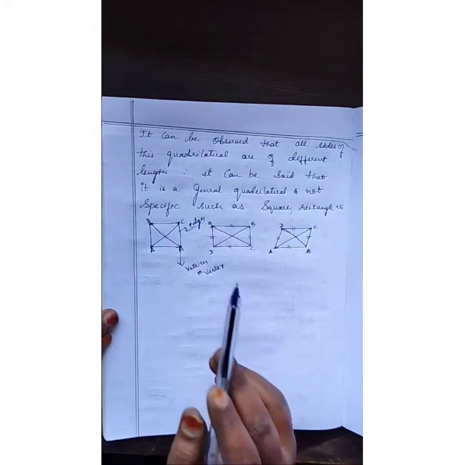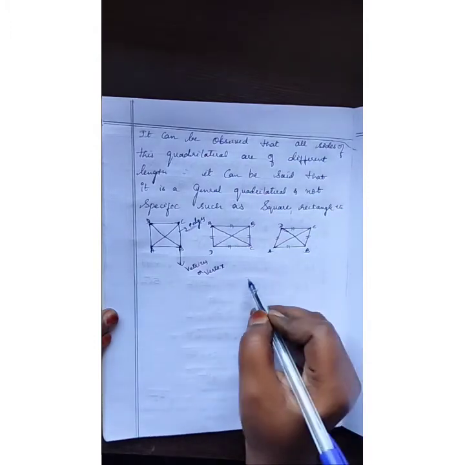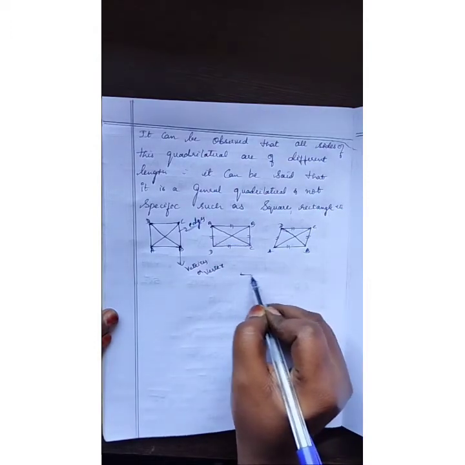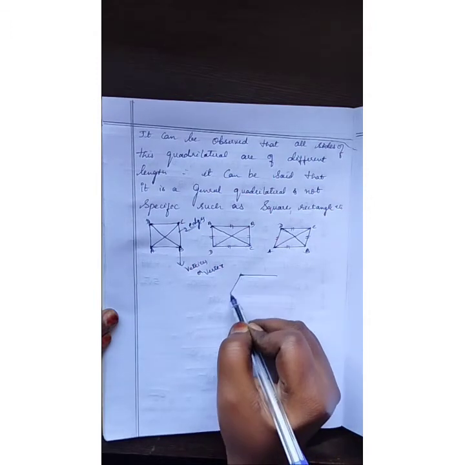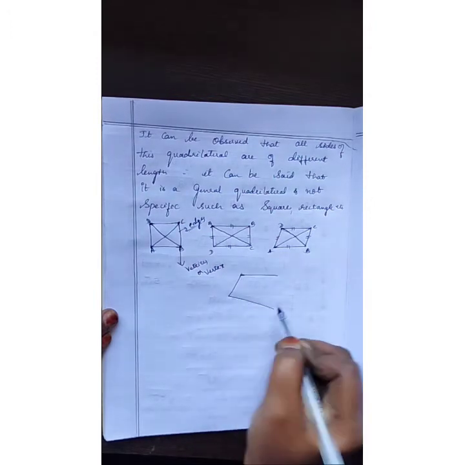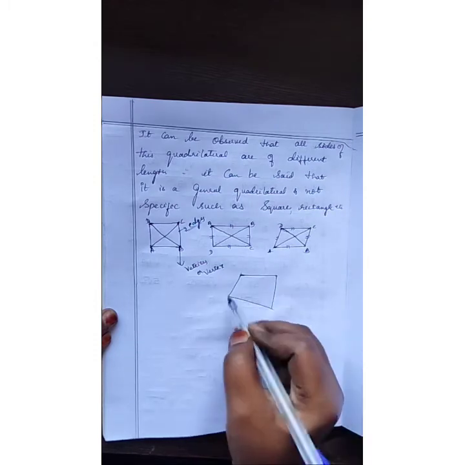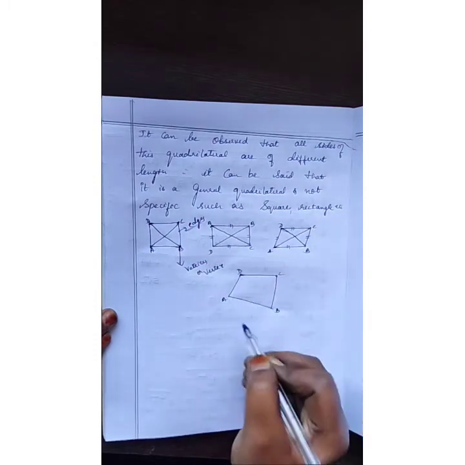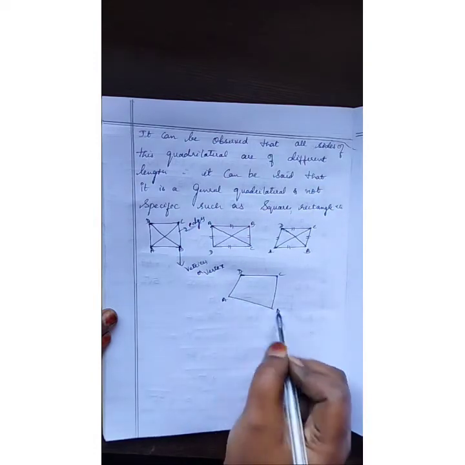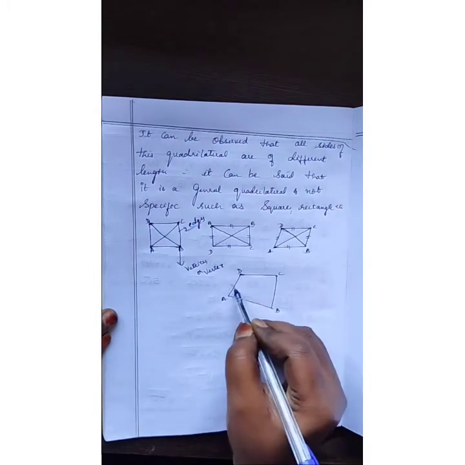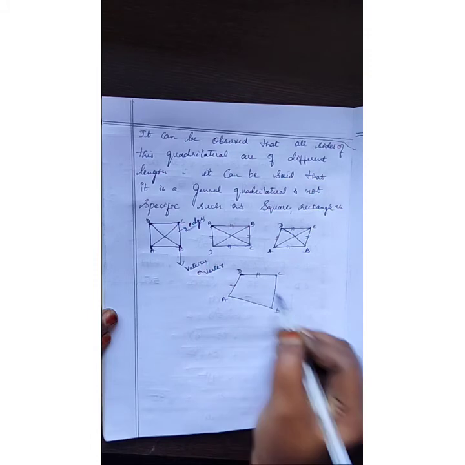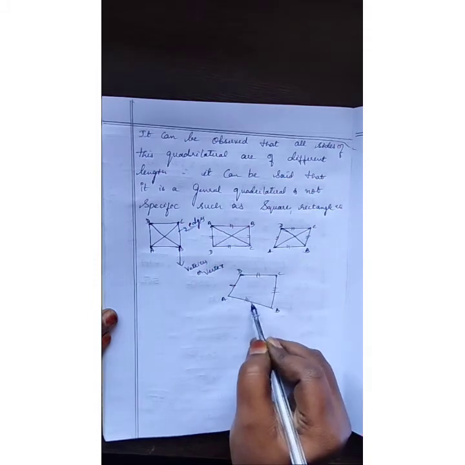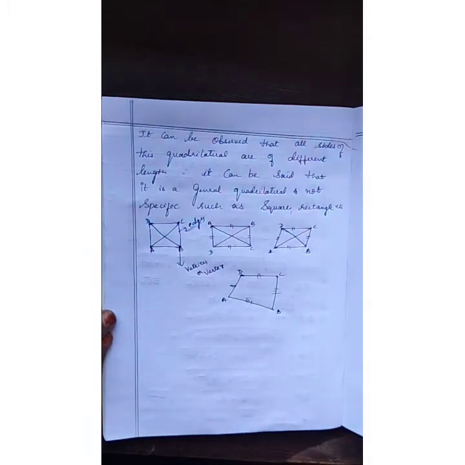Even that problem we did, the second one, is also a quadrilateral, but it is a simple quadrilateral. It is irregular in shape. Why is it irregular in shape? Because all sides are different in length. A, B, C, D. See here all sides are different in length. Hence, it is one type of simple quadrilateral. All sides are different in length. Here sides are not equal. Okay. Now we will go for the next problem.